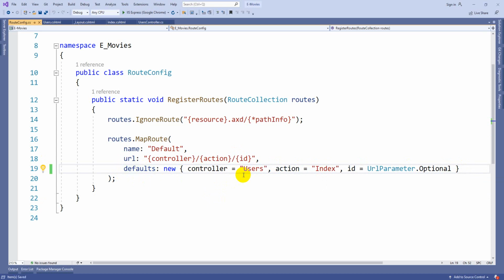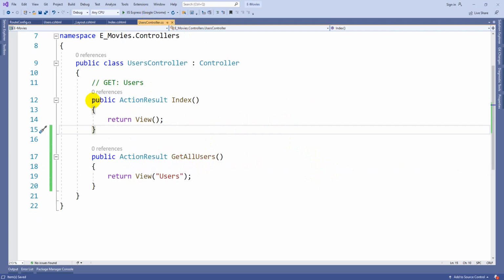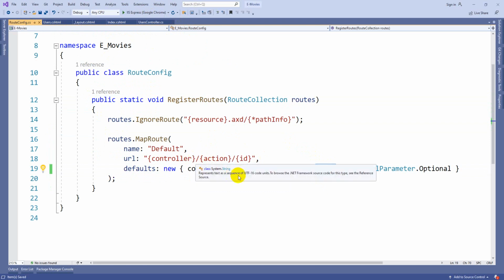So whichever you want to execute by default when you hit the F5 key, that controller name you should use, and the action method it is supposed to execute. In the Users controller I am selecting this as my default method to execute. So under RouteConfig you can give the controller name you want to set as start, and the action method it needs to execute under that controller.